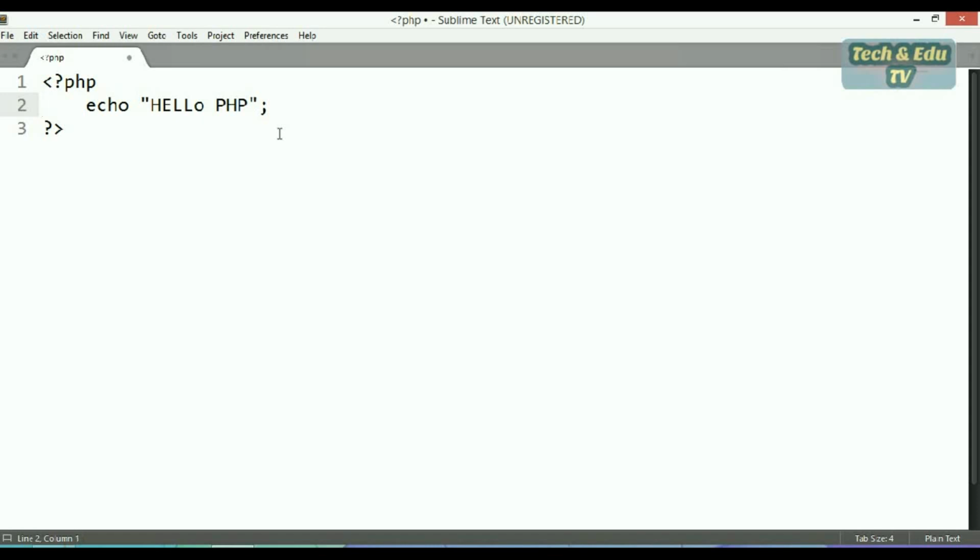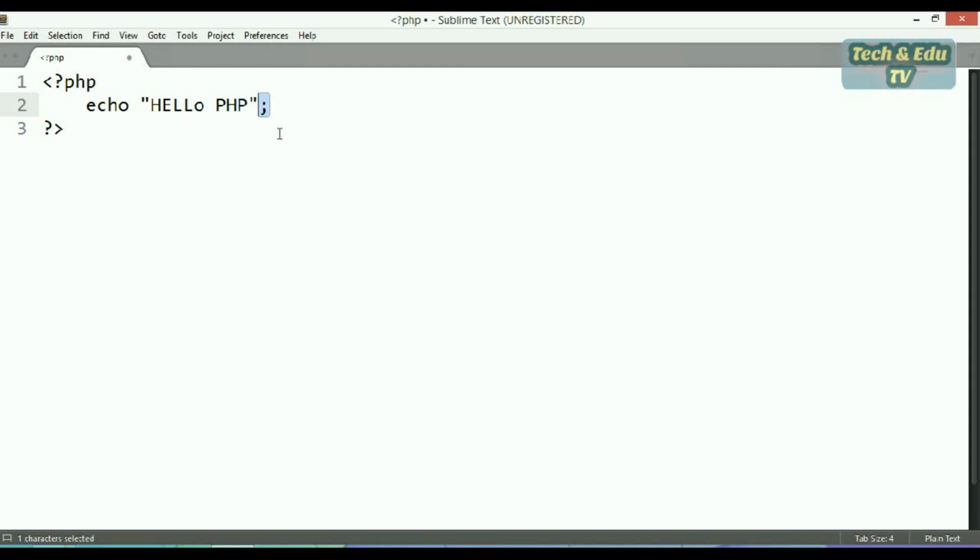As we have used a basic function named echo. The function of echo is to display the text or given constants on the web browser, and this is called a semicolon. The semicolon is used to tell the function that this is the ending of your work.